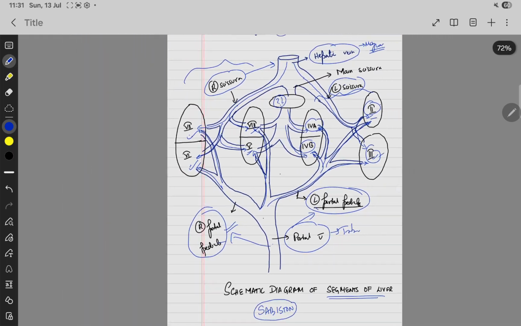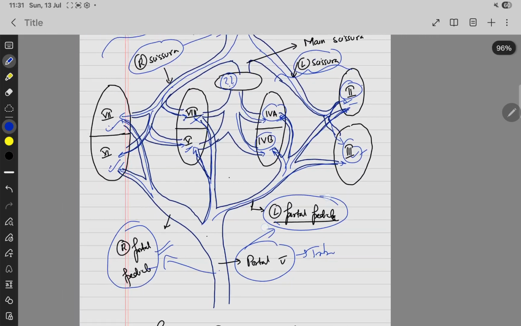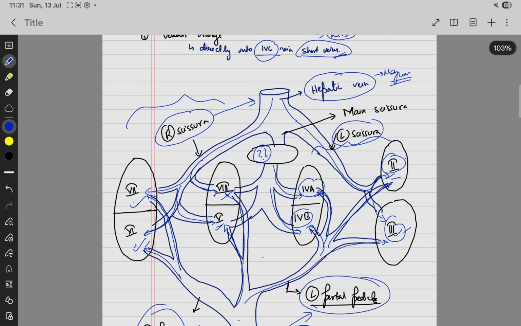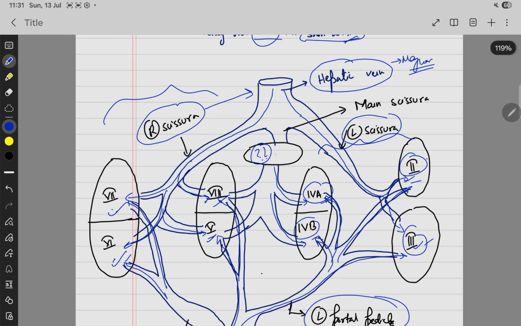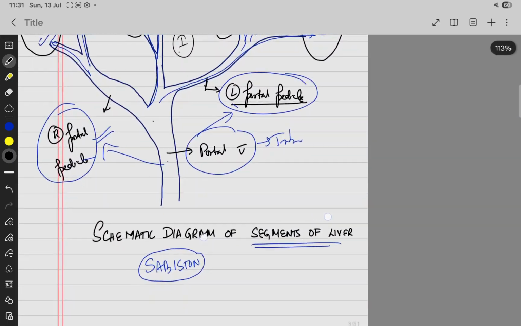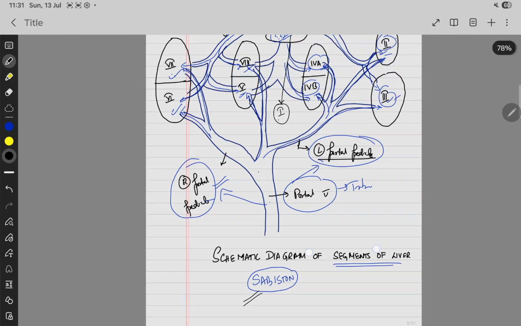This looks difficult, but actually if you practice this diagram, it will give you very good marks and very good understanding of the anatomy of the liver. So if you see, which lobe is this then? Look, it is getting separated by each and every artery. So which segment is this? This is the caudate lobe, or segment 1. It lies posterior. So this is segment 1. This is the actual schematic diagram of the segments of the liver that has been given in Sabiston.